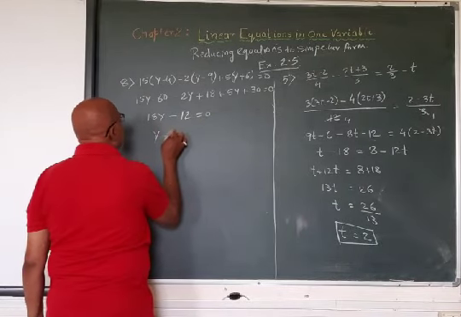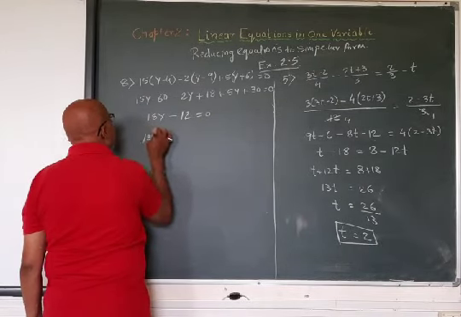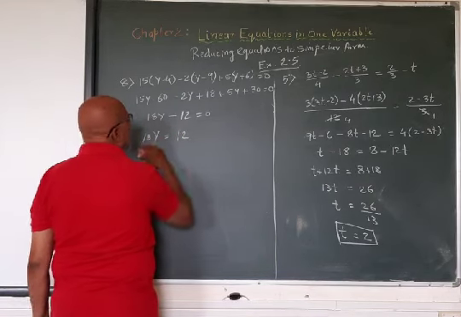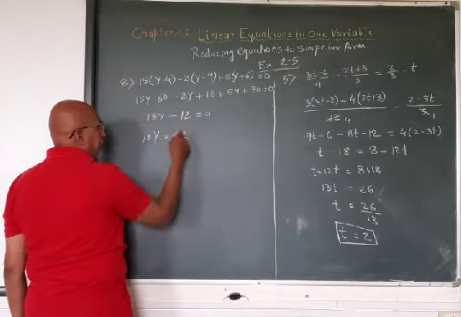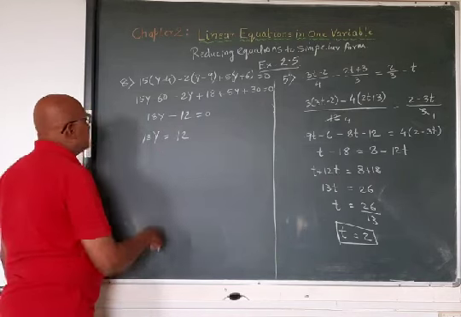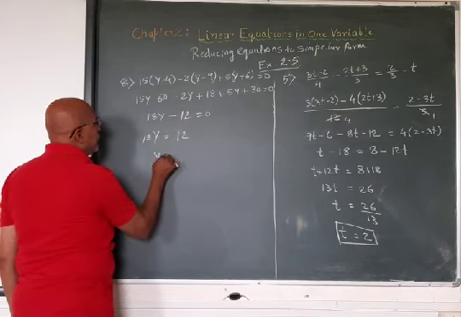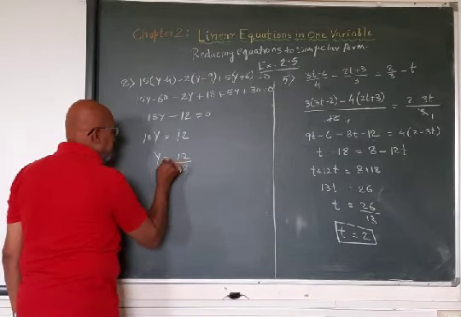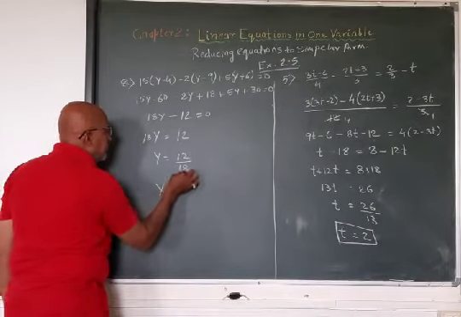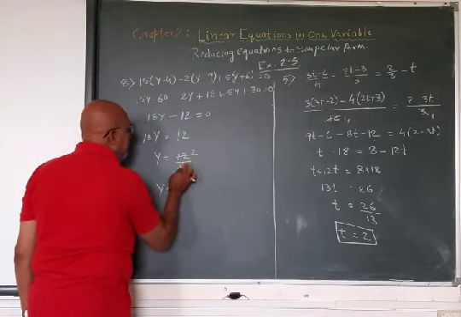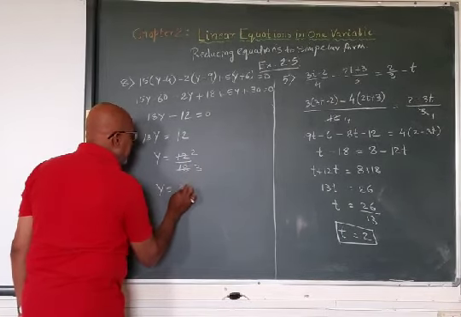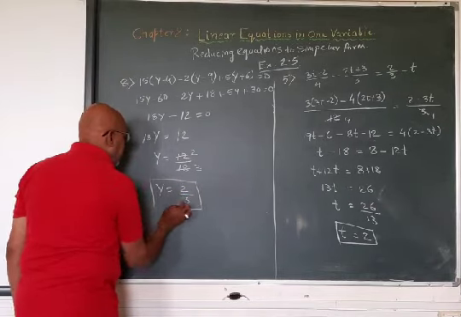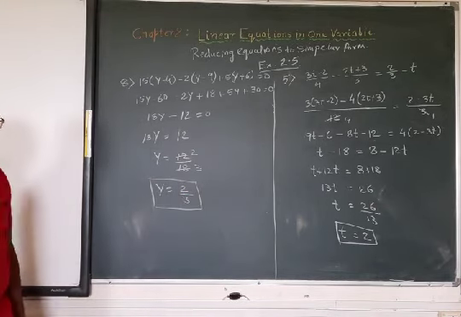So minus 12 here equal to 0. So y will be equal to, sorry, 18y will be equal to 12 as it transfers the sign. So sign will become positive. So y will be equal to 12 upon 18. Reduce this. So y will be equal to 6 2s are 12, 6 3s are 18, 2 upon 3. So the value of y comes out to be 2 by 3.